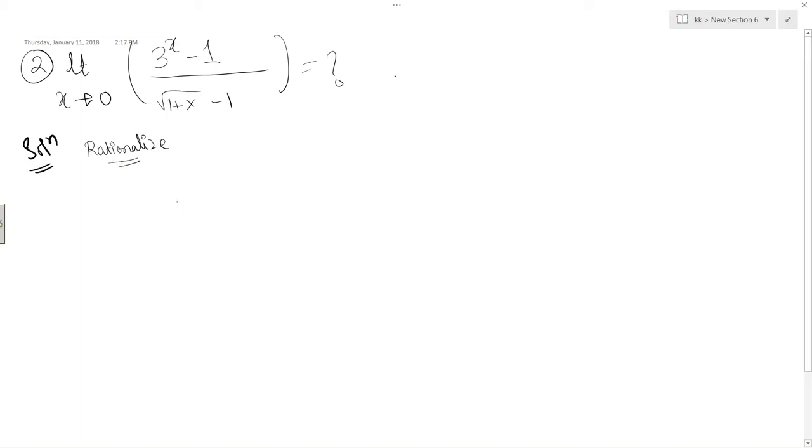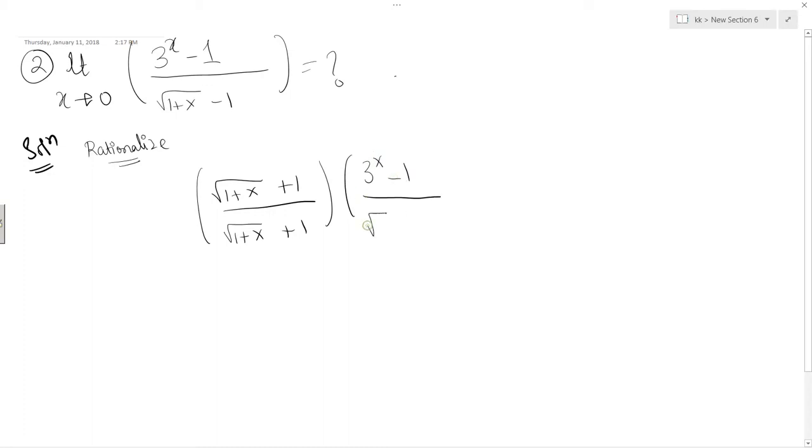And let's multiply by root 1 plus x plus 1 over root 1 plus x plus 1 to both the numerator and the denominator. 3 power x minus 1 divided by root 1 plus x minus 1, and obviously the limit is x tending